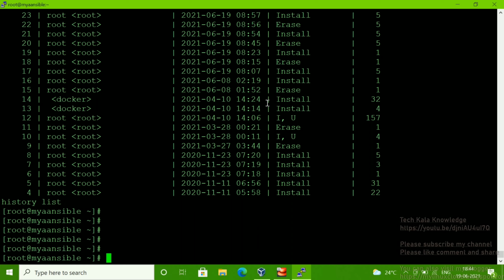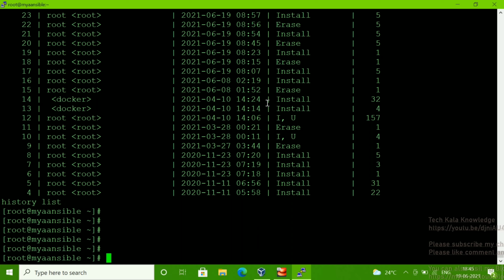Okay, fine. Now sometimes you will get an alert that your utilization is high. Sometimes this happens when you keep running yum commands continuously and you are not clearing your yum cache, then you will get that utilization alert.